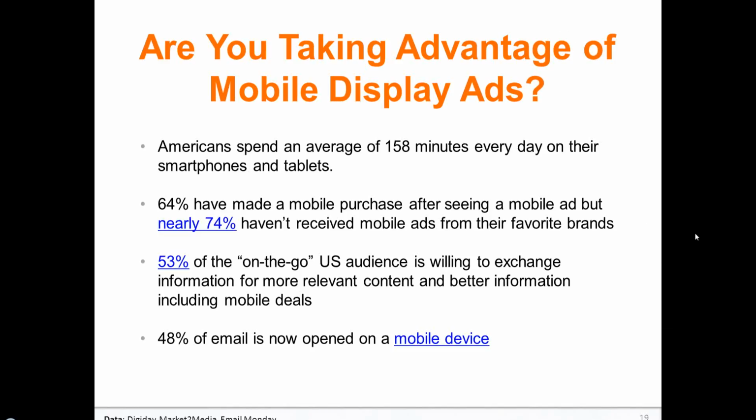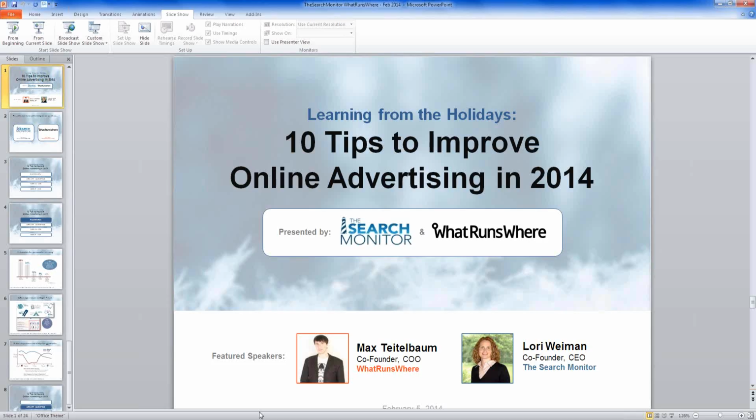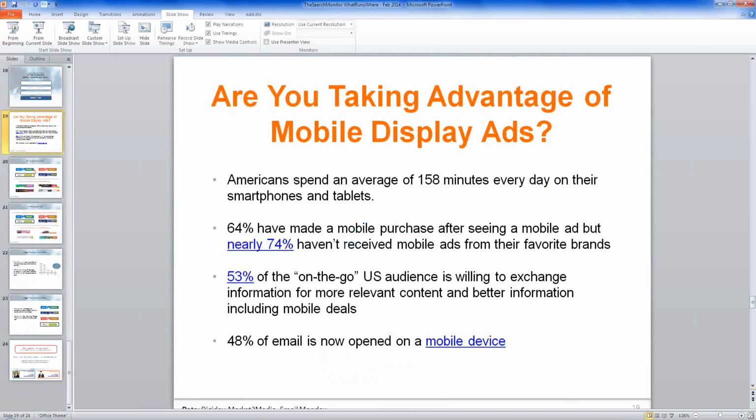of them haven't received ads from their favorite brands, and you can fix that, even if you're not their favorite brand. 53% of the on-the-go U.S. audience is willing to exchange information with their phones, and 48%, so almost half of emails now open on a mobile device. Why is this important? Well, even if you're doing email marketing, the fact that half your emails open on a mobile device means that what you're marketing to them needs to be mobile optimized. But we're just going to talk about complete mobile marketing and how to optimize your mobile flow